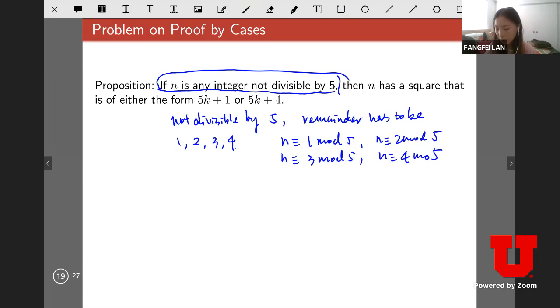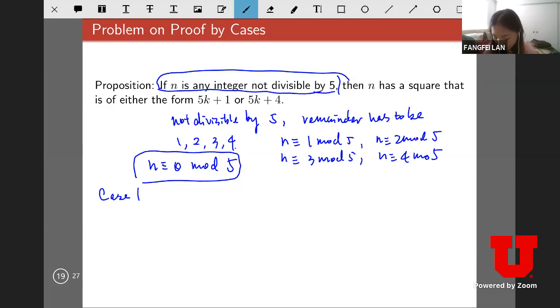Normally, when they say that an integer is not divisible by something, like not divisible by 6, then we have 5 cases. Every time we see a number like this, we need to consider all the other possible remainders. When an integer is divisible by 5, n is equivalent to 0 mod 5. We don't consider it because it says n is an integer not divisible by 5. So now we have 4 cases, and let's consider case 1, where n is 1 mod 5, which means